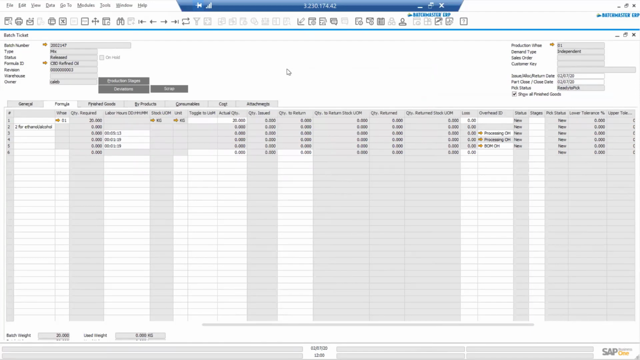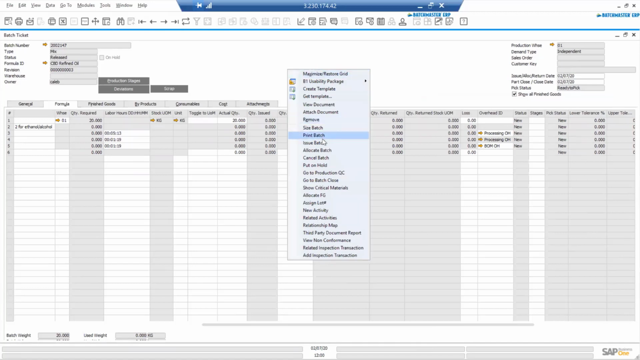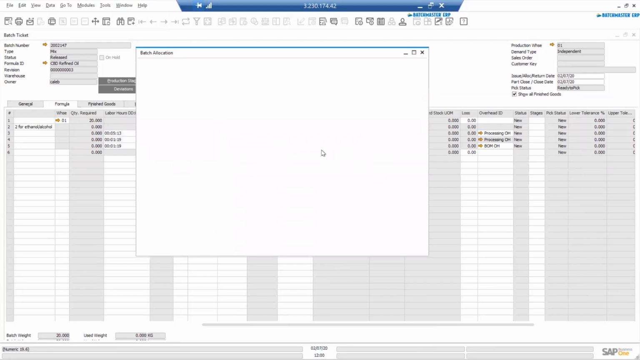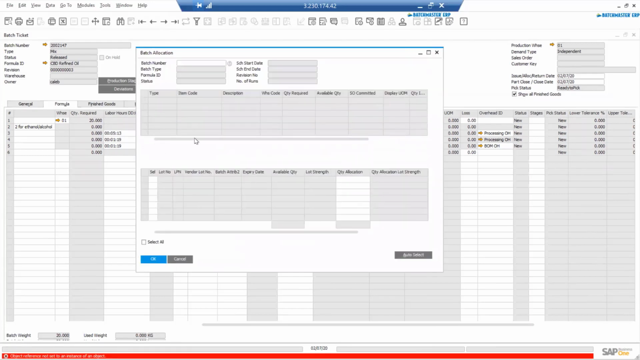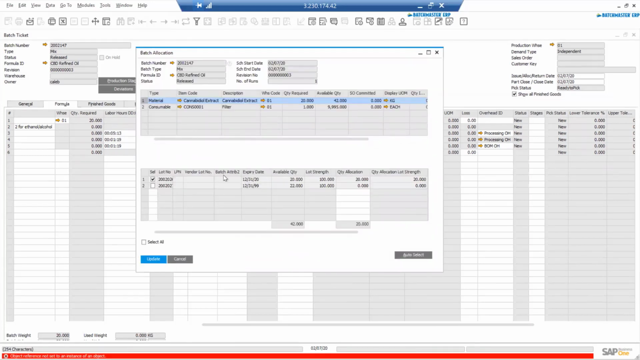The next thing you might do is decide to print it, or you might decide to allocate some lots. You can allocate the lots, by which I mean you can see all of the available lots with the expiration dates and the available quantities, when it came in, any vendor lot number information, what pallets you received it on, all of that kind of stuff. And the system automatically has picked the appropriate lot for you based on FIFO or FEFO,